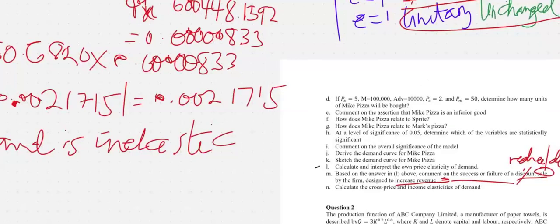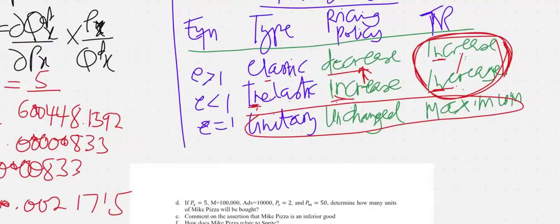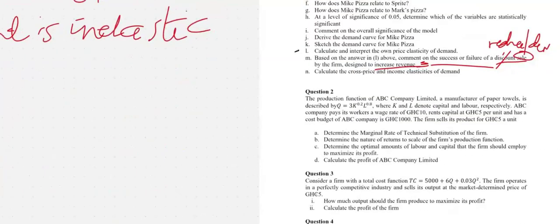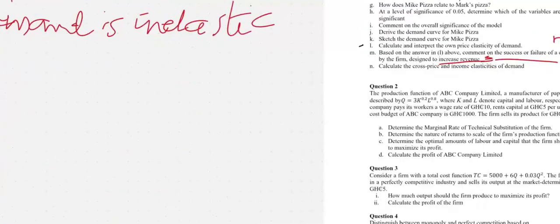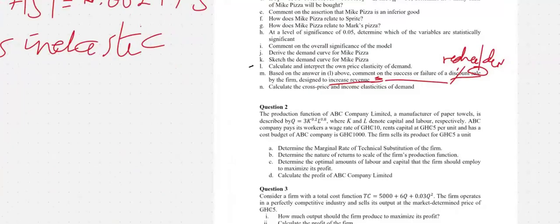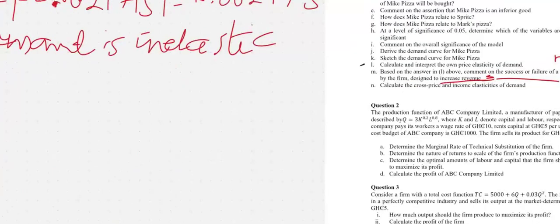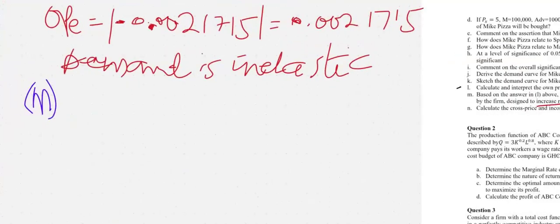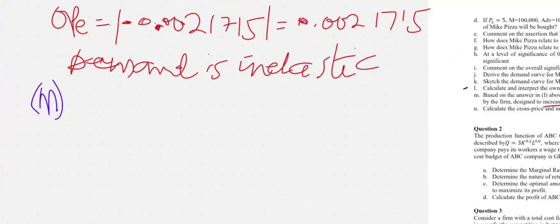if the business wants to decrease price to increase revenue, from the TR test, is it appropriate? The TR test is that if the demand is inelastic, for the business to increase revenue, it must increase price. Meanwhile, the business policy is to rather discount or reduce the price in order to increase revenue. So the question is asking us to comment on the success or failure of this policy, given the inelastic demand in L. So here, what we will say is that the business policy